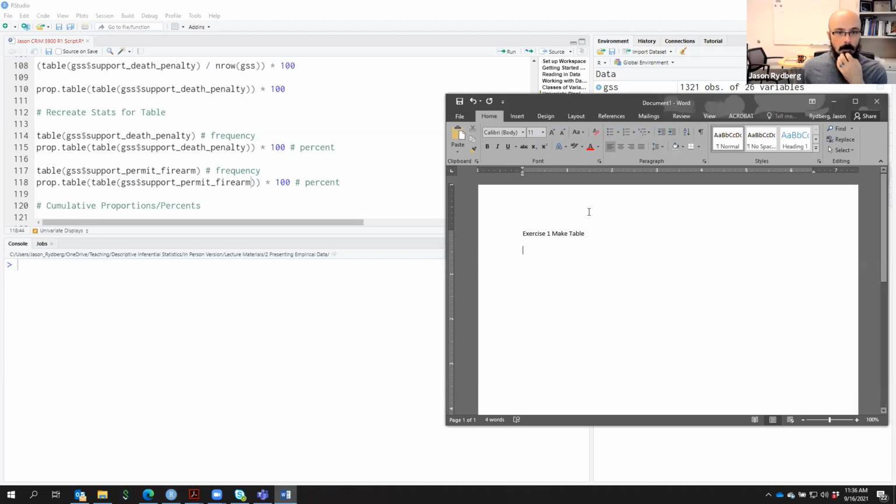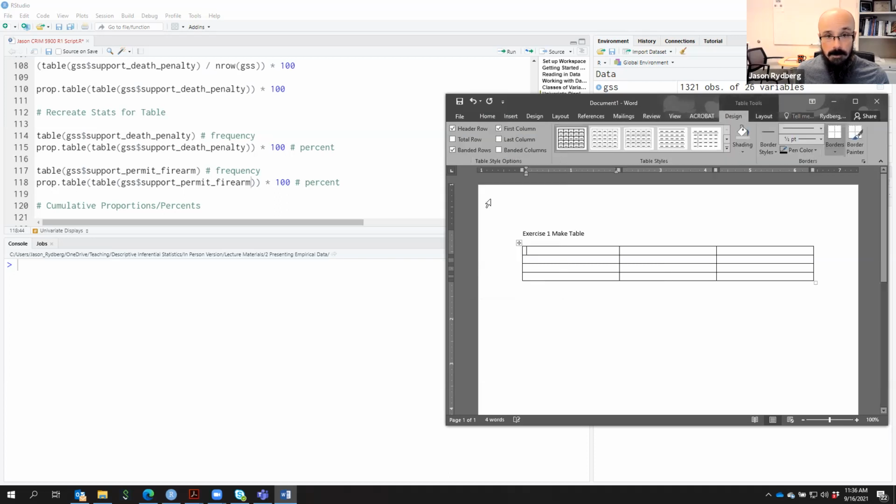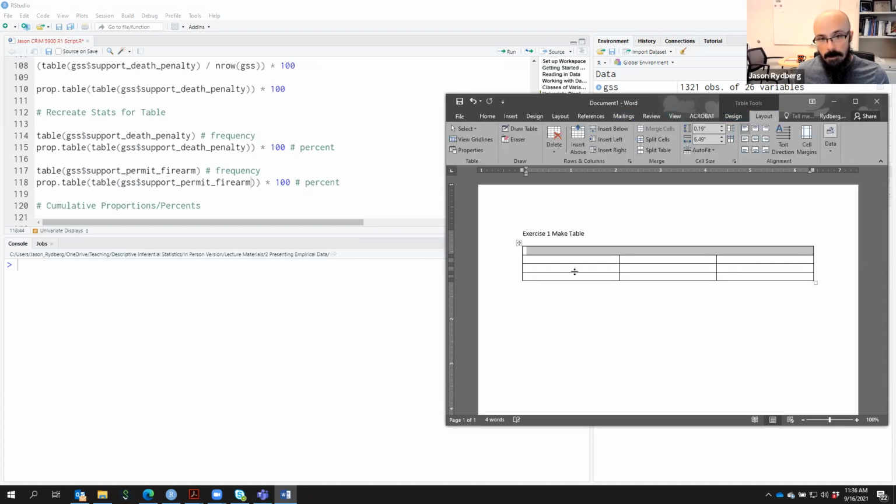So what we want to do is make a table. Up here in Word, we go to Insert, Table. So what's the shape here? I don't know how many rows I need yet, but start with 4. I know I need 1 column for the variable names, 1 column for the frequencies, and 1 column for the percentages. All right, so we'll start with this as our table shape. If I want to make this into a title, I'll merge cells. Table 1, statistics for General Social Survey,